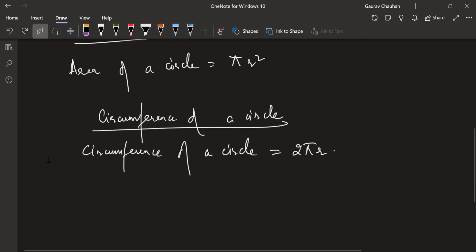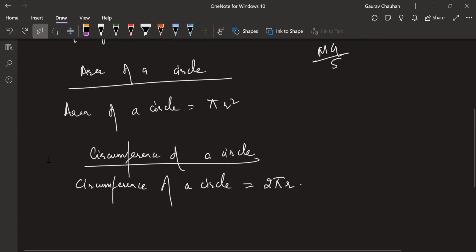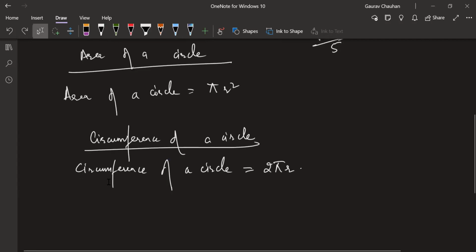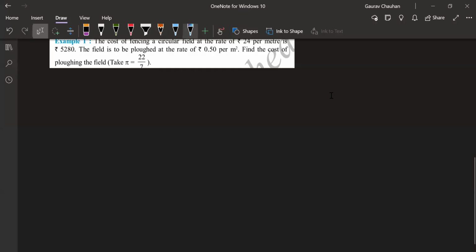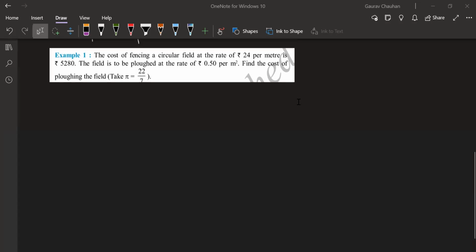Cool. Now, how were these found and all the history? If you want, you can go through the book once if you're interested in reading. Otherwise, for our purposes, we're going to leave that. Now we are going to jump directly into the first exercise. Let me share that screen. All right, guys, just so that we are on the same page, after this chapter we're also going to move into surface area and volumes and cover these two together. Similar concepts, similar ideas. Same thing there, only we are going to do 3D.